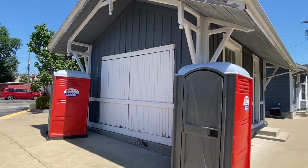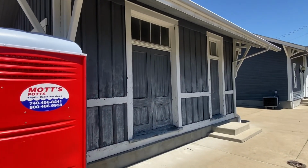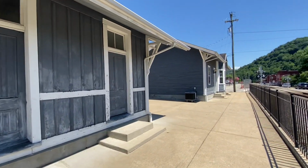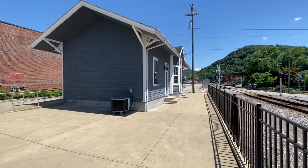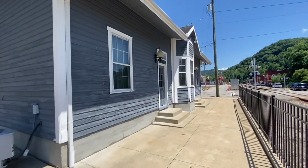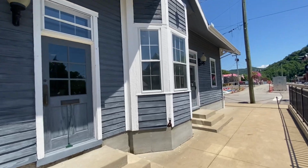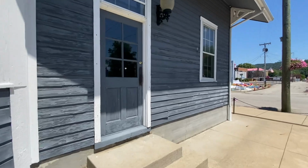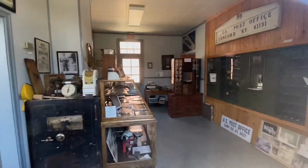Here's the west end of the freight house, anyhow. Freight house, and here's the west end of the depot. And we'll walk down the platform. Wish it was open. I'll take a peek in the window here. Yeah,